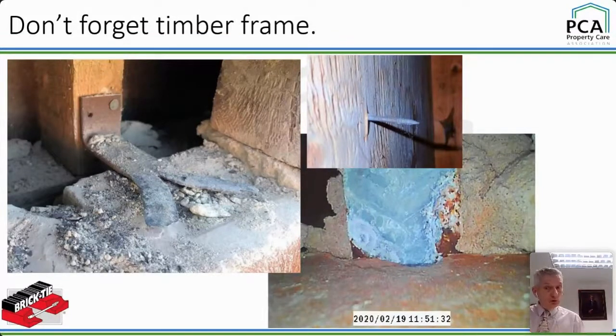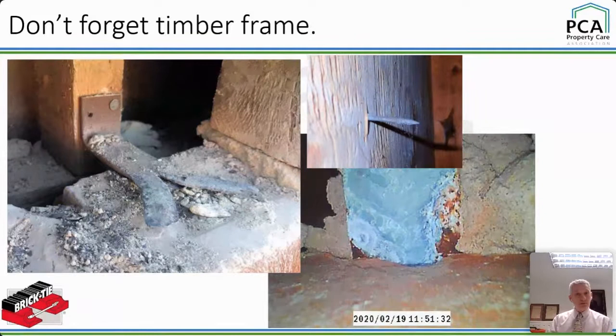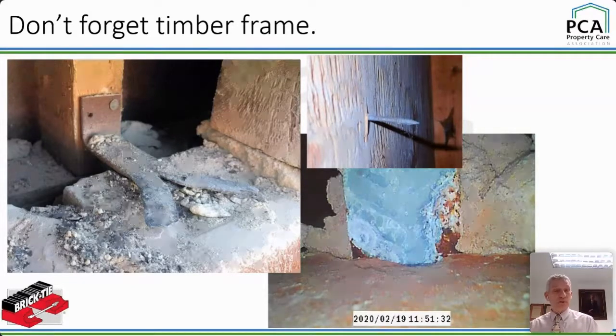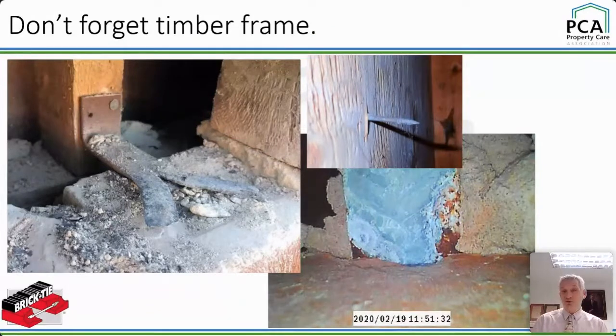Just before we leave corrosion, don't forget lots of timber frame houses out there. In Britain, we're sticklers for tradition, aren't we? So mainly post-war. But by and large, they're just as bad. We come across loads of corrosion issues on timber framed houses. Numerically they are less common, but relatively they actually have more problems than a normal cavity wall. And that's because you've introduced additional things for the traditional builder to do that you weren't used to doing.